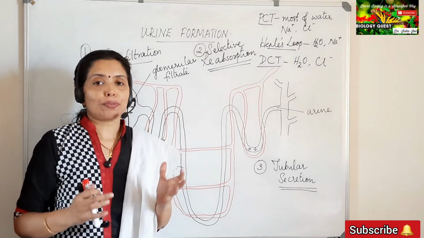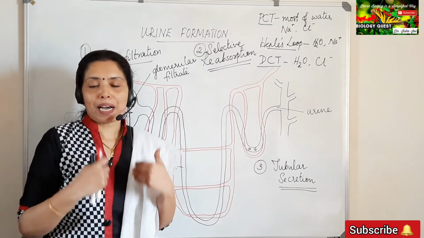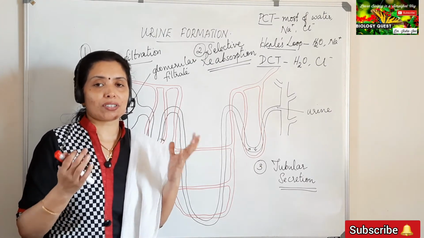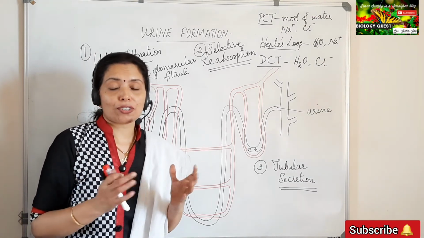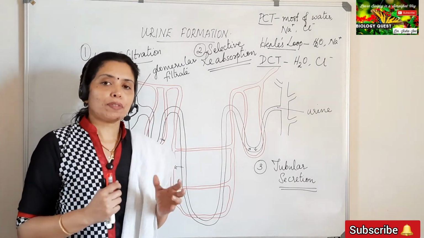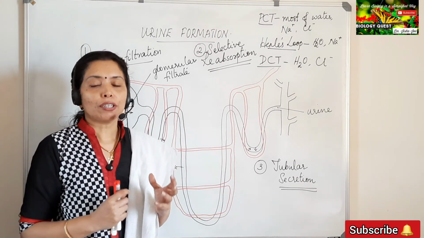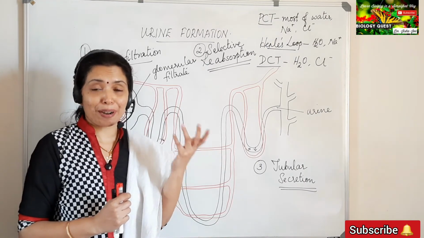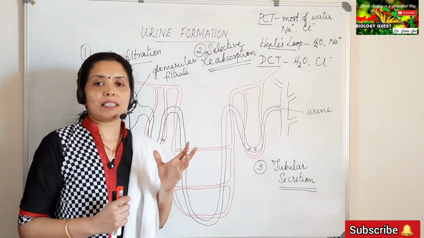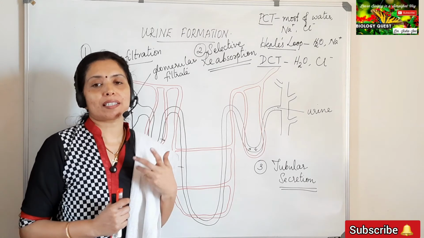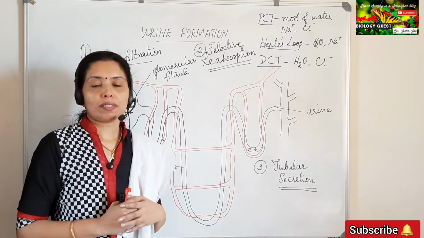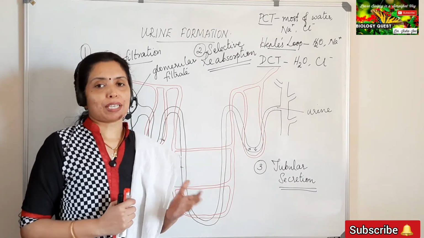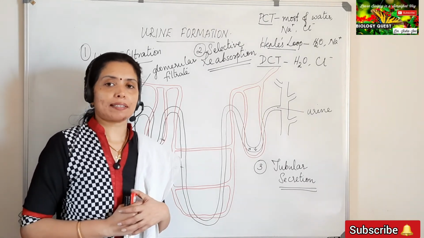Through the ureters, the urine is passed into the urinary bladder. The urinary bladder is a sac-like structure which helps in the temporary storage of urine. And from the urinary bladder, through the urethra, under the impulse from the brain, the sphincter muscles relax and the urine is passed out. This process is called micturition. Okay, explain micturition can be asked for the exam.